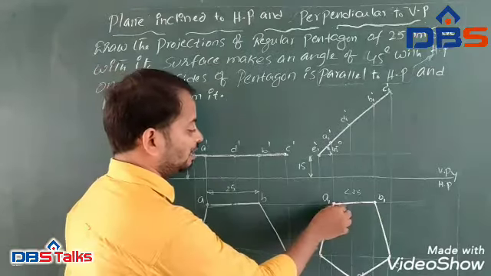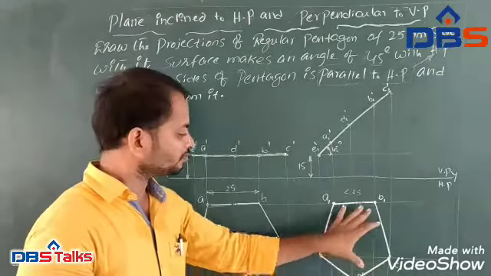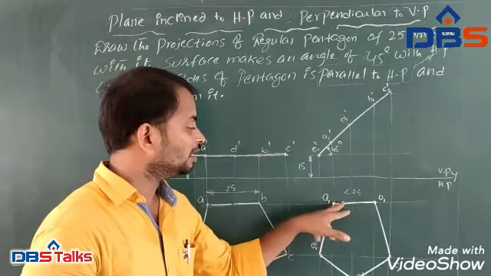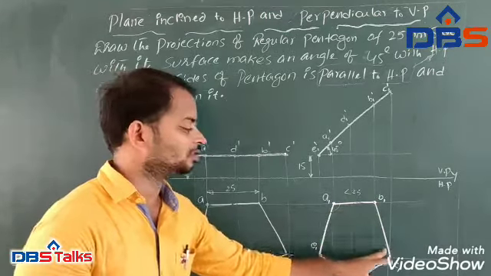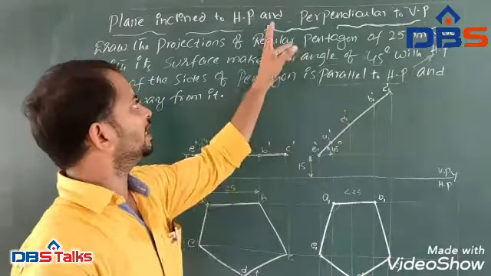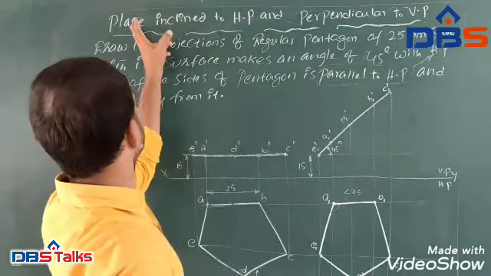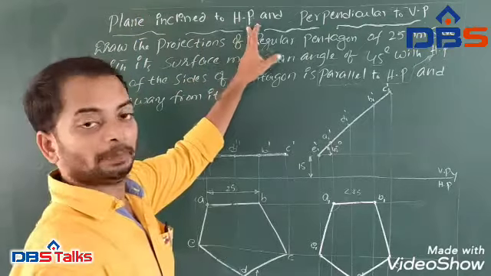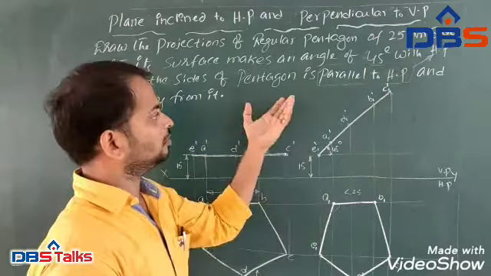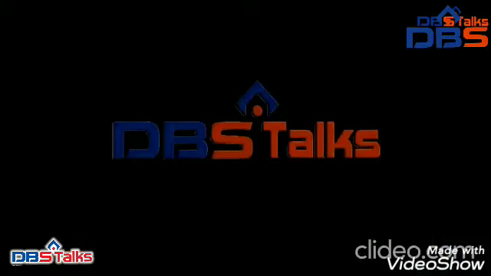But what about the angle? It is always the same. There is no diminishing in the angle of the pentagon, that is the original regular pentagon. It will diminish the length of the sides of the pentagon when it is making an angle of inclination either with HP or VP. In the next topic also we discussed the plane inclined to VP and perpendicular to HP. So here also the condition is one thing, whether the angle representing with the